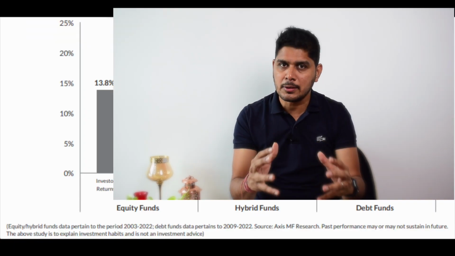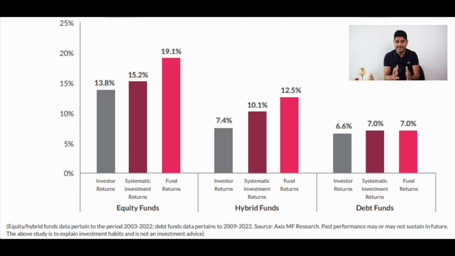Now, very recently, Axis Mutual Fund came out with a very nice research report. It clearly, vividly mentioned that their returns on equity funds or equity and debt funds are a lot more than what their own investors have made. The link to the article is in the description below. In this particular research report, you can very clearly see that your return as an investor from that XYZ fund is actually lower than SIP returns and also lower than lump sum investment returns. And this is across time frames.